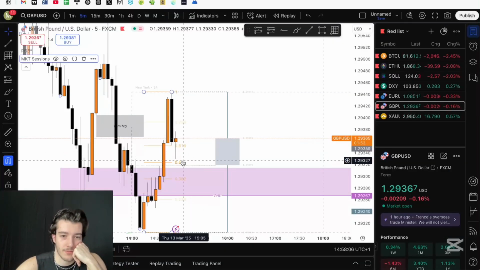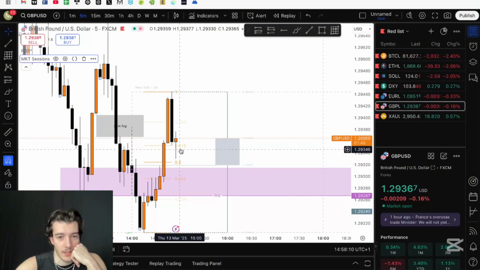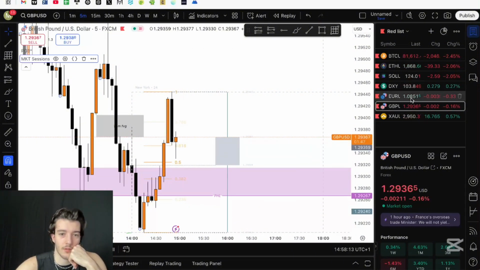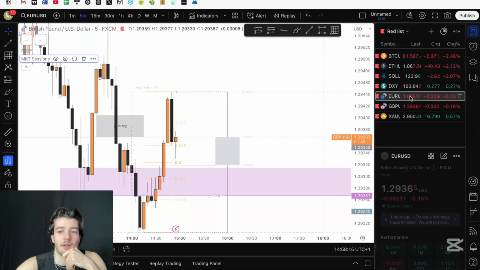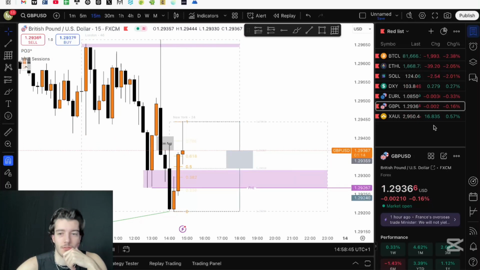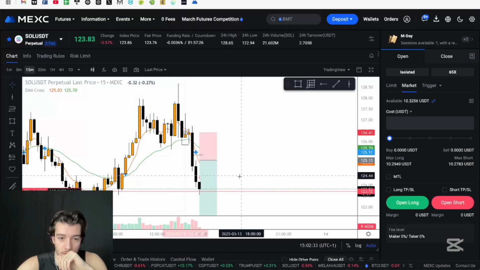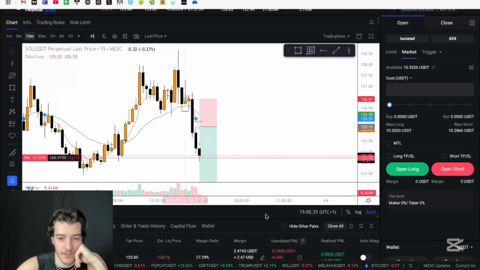GU tapped into this 5-minute bullish, and now if this closes with an orange body, that would be very nice. GU doesn't look good on the 50-minute, but it looks good on the 5-minute. Entered with a short right here.